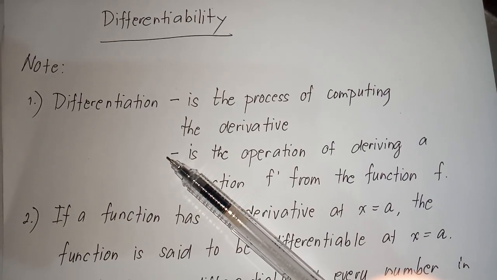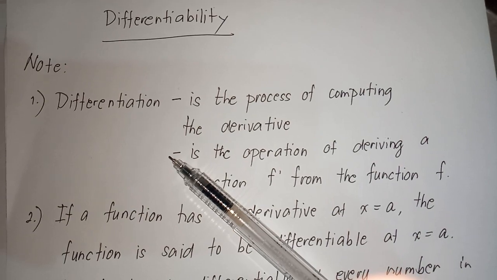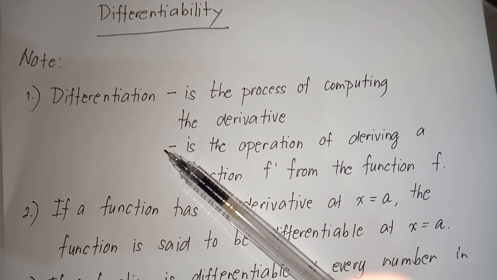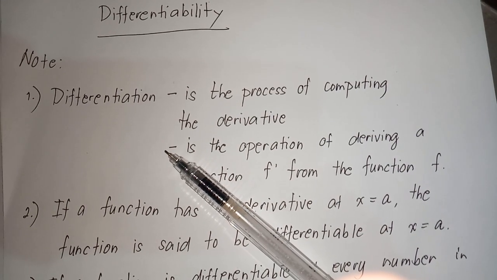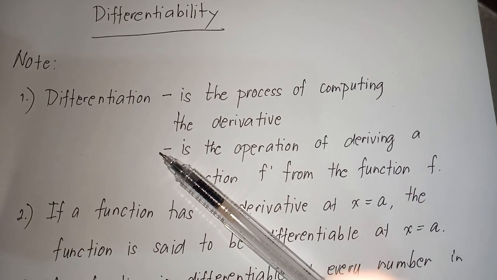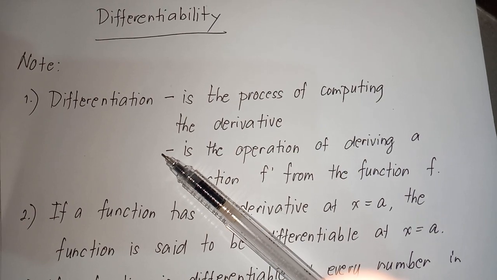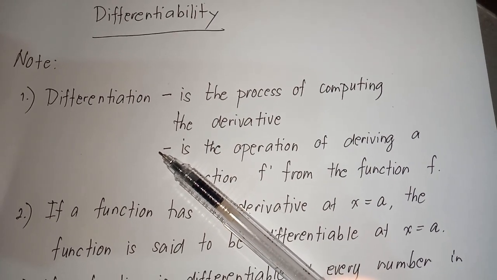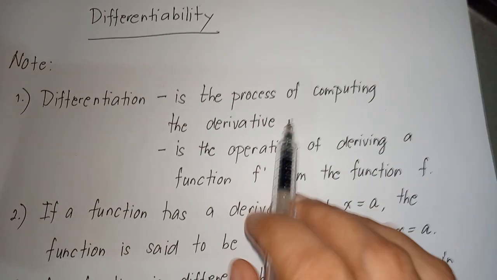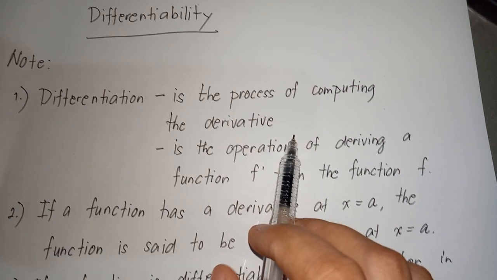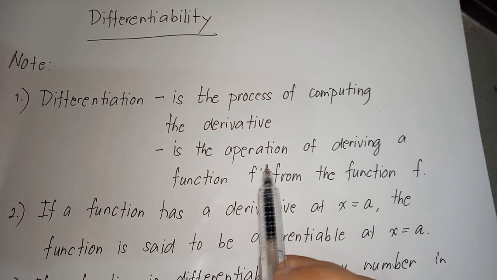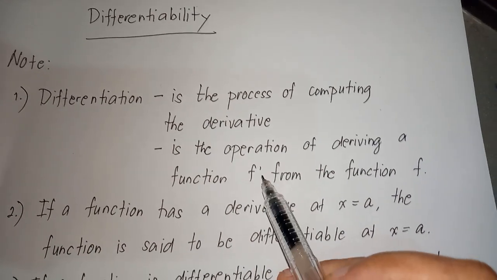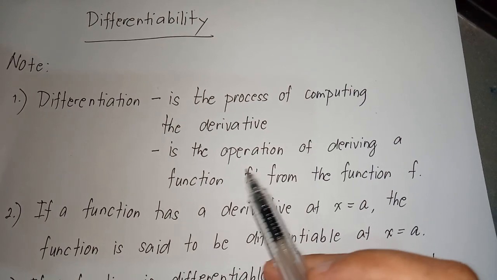Hello, so today we are now going to give an example of when we can say that a function is differentiable or not differentiable. But before we move on to that example, let us first discuss important remarks in relation to differentiability. First, let us recall that differentiation is the process of computing the derivative, and at the same time it is the operation of deriving a function f prime, where f prime is the notation for the derivative